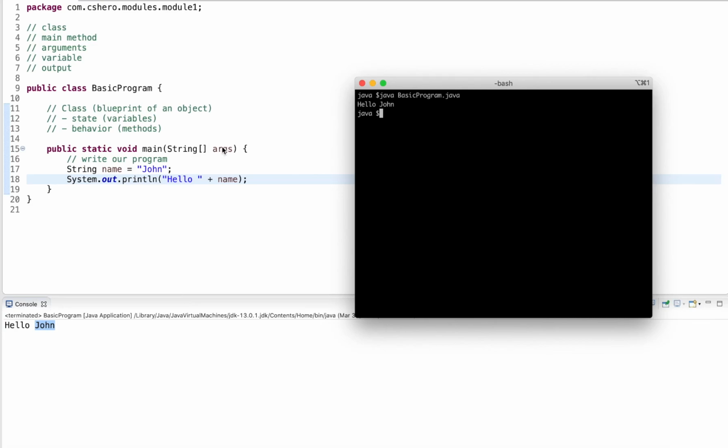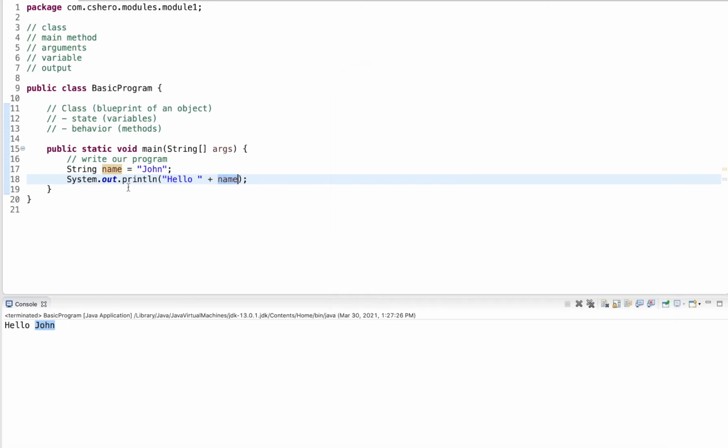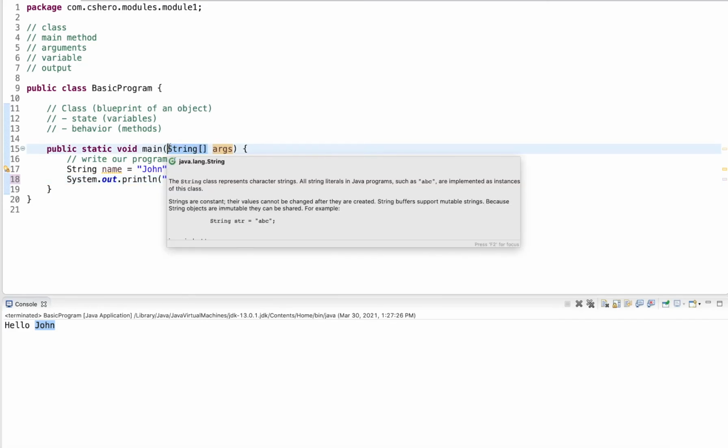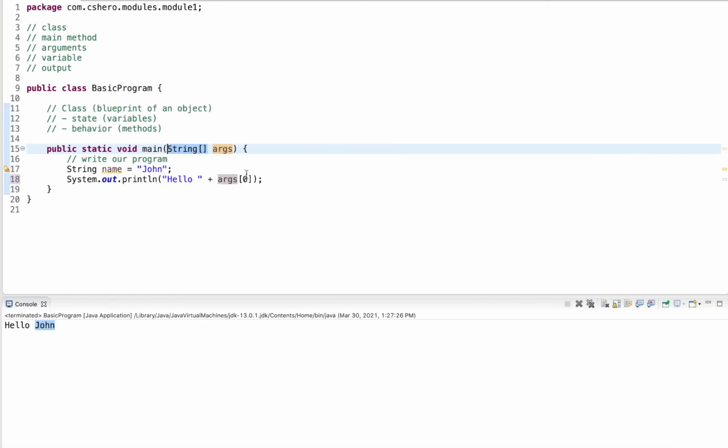Now I talked about the arguments. The arguments is essentially what I provide to the program here. So assuming I don't want to output what is stored in the variable, I want to reflect what is in the arguments. I can access it by an index. So the brackets here mean there are multiple strings consecutively, and I can access them by index.